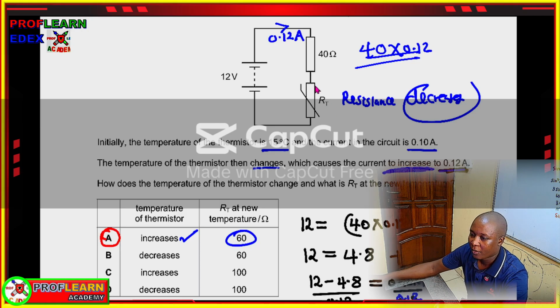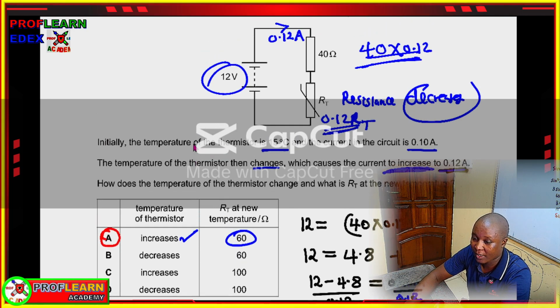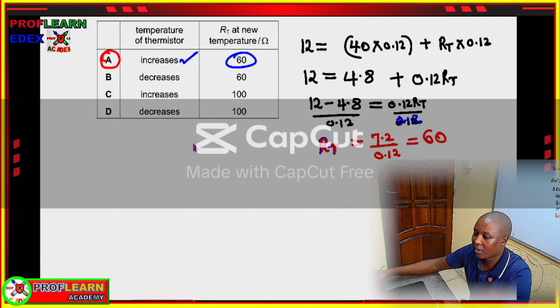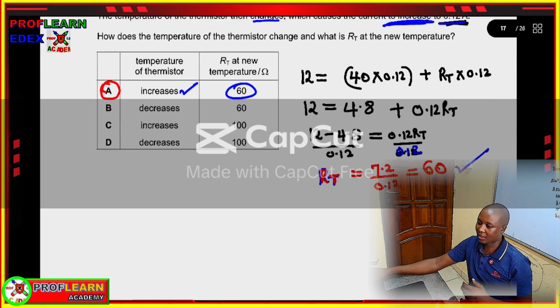And also, the same current will pass through this one, so the PD there will be 0.12 times RT for the thermistor. So if you add this voltage and this voltage, it will give you the voltage of the battery. And if you do that, you are going to get 4.8 is equal to 0.12 RT. Then if you work it out, you are going to get 60